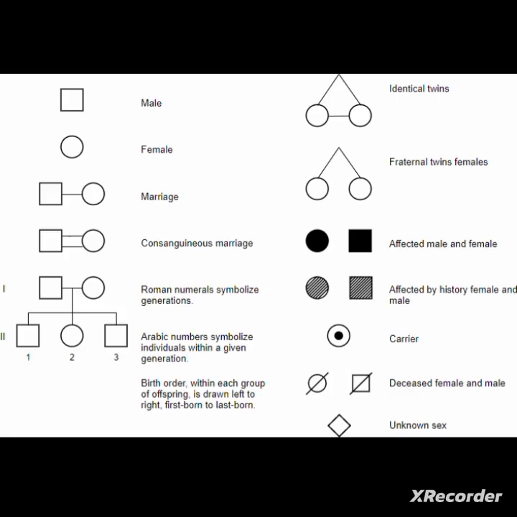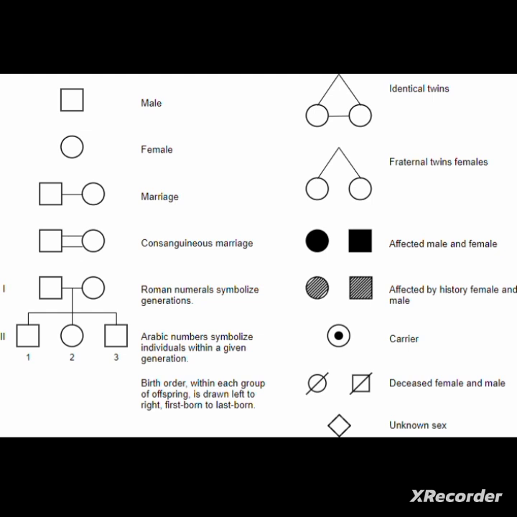The common symbols used in a pedigree chart: the square represents male, the circle represents female. The horizontal line between symbols indicates marriage or partnership between male and female. The double line between the male and female indicates a consanguineous marriage, that is, a relationship between